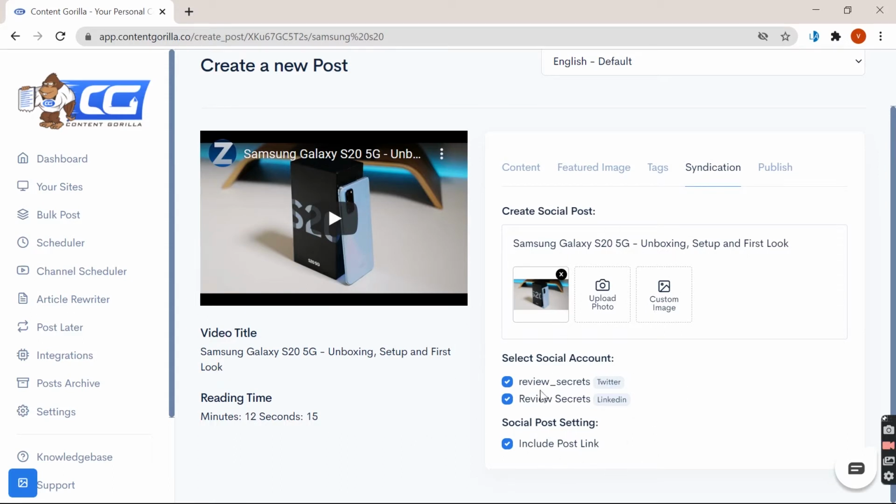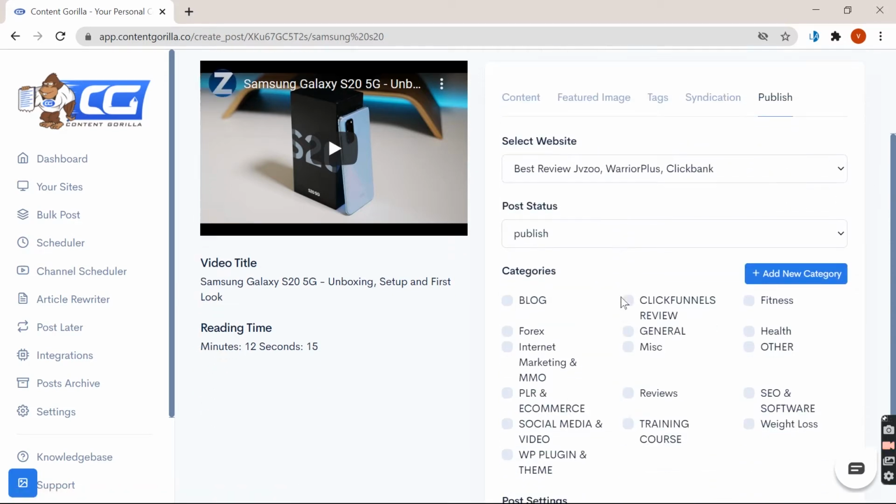So the next feature is syndication. Basically this feature allows you to connect your social media platforms, and you can post on those as well. You can post the article link, or you can post the images as well, or whatever you want. So this feature is also available. So you can also advertise your article or the post on social media, or you can manage social media using Content Coiler 2.0.